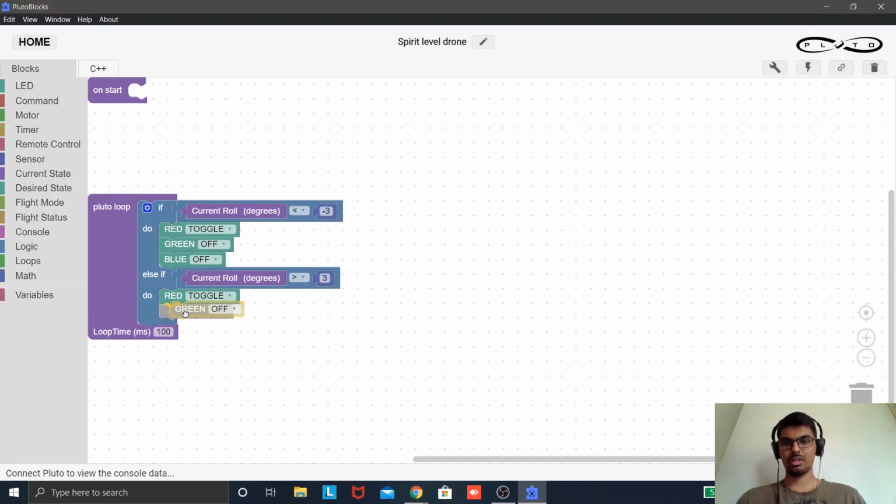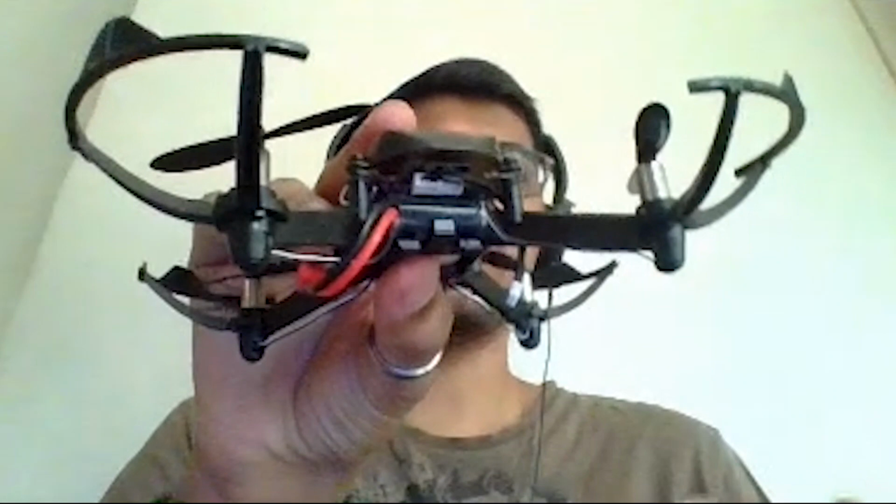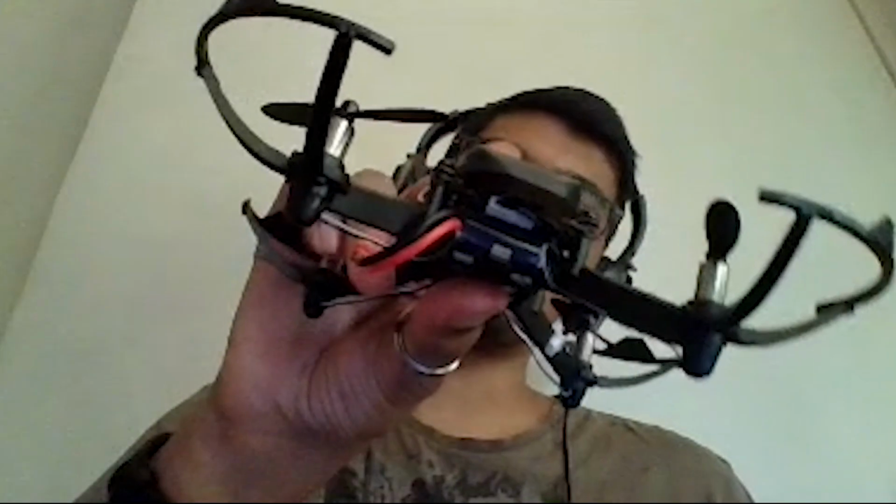The options that we have are red, green and blue, but over here I'll put red as off and I can use green as toggle. So in case the roll angle is less than -3, red will toggle, and if the roll angle is more than +3, the green LED will toggle.